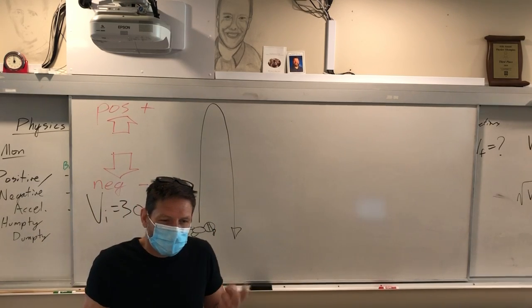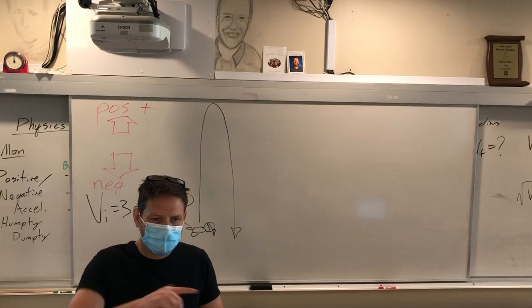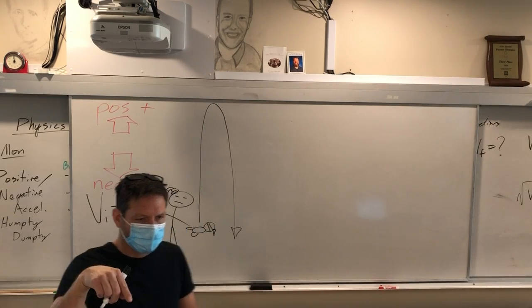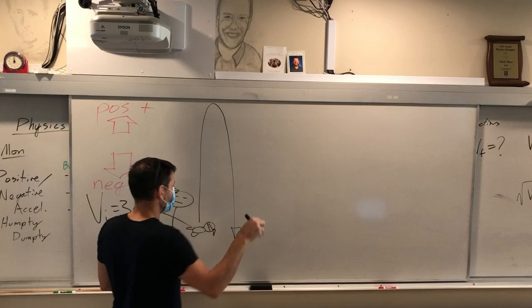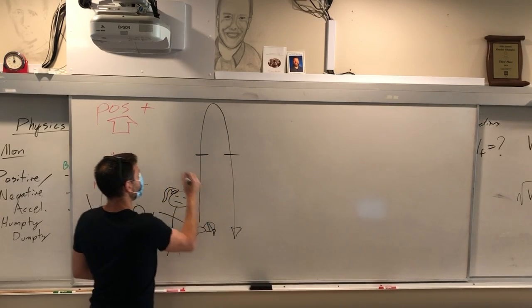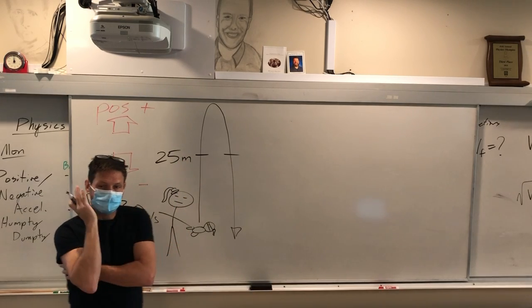How can there be two different times when the doll is 25 meters? Adam's going like this. Ashley? When you throw it up, it'll hit that 25 increment mark, and then when it falls back down, it'll hit the 25 increment mark. Excellent. So if this is 25 meters,